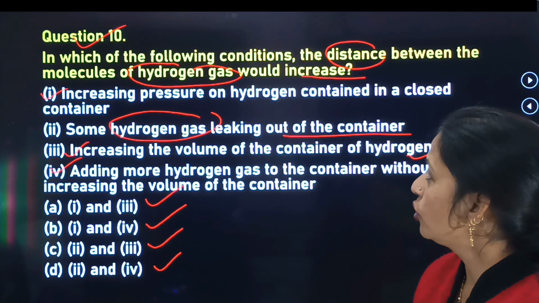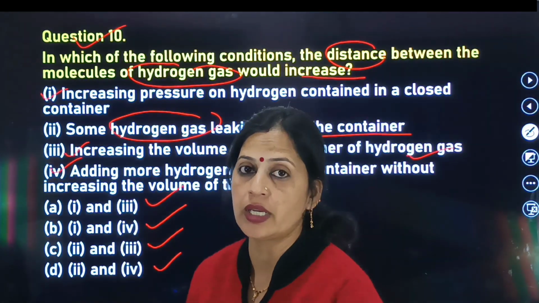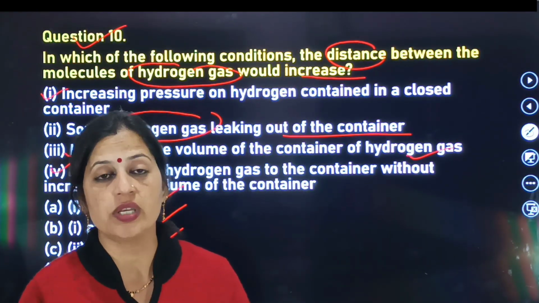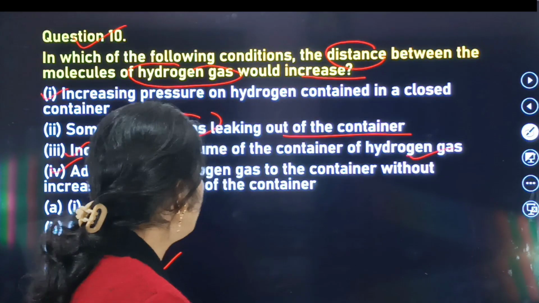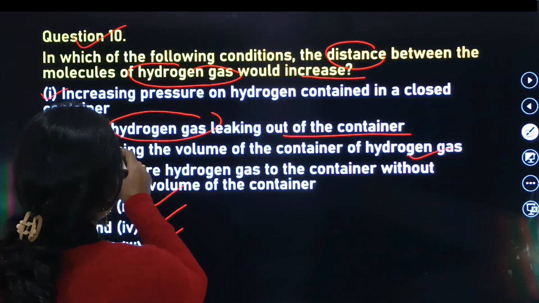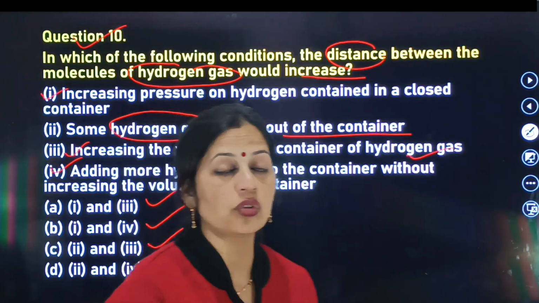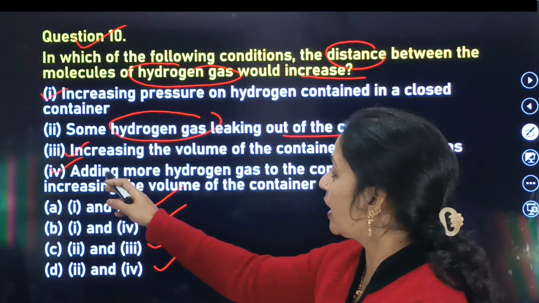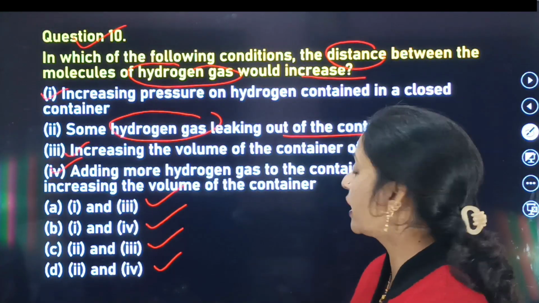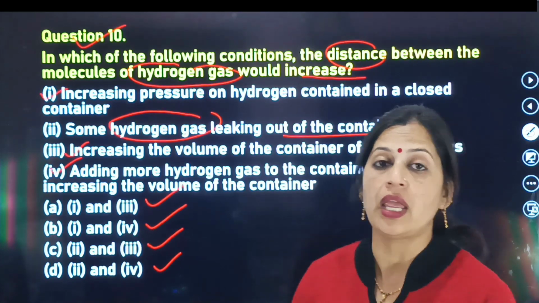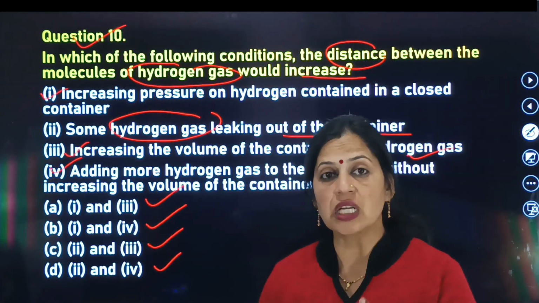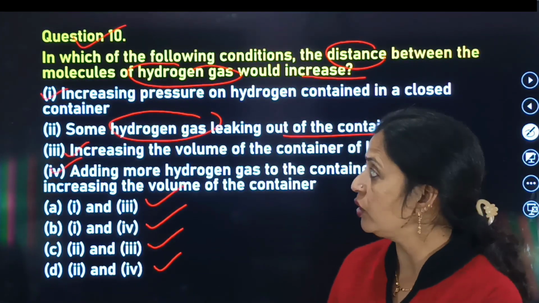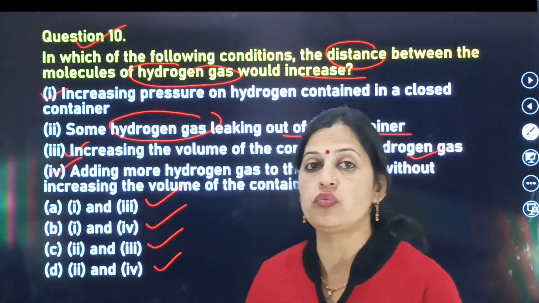ये क्वेश्चन नंबर 10 है आपका। तो बेटे, जिन कंडीशंस पर हम हाइड्रोजन गैस के मॉलिक्यूल्स के डिस्टेंस को इंक्रीज कर सकते हैं, वो कंडीशन हमारी है या तो हम सम हाइड्रोजन गैस टेकिंग आउट ऑफ द कंटेनर करेंगे, या तो हम कुछ हाइड्रोजन गैस को कंटेनर से टेक आउट कर लेंगे, या फिर इंक्रीजिंग द वॉल्यूम ऑफ द कंटेनर ऑफ द हाइड्रोजन गैस, या फिर जिस कंटेनर में हमारी हाइड्रोजन गैस है उसके वॉल्यूम को हम इंक्रीज करेंगे। तो इन दो कंडीशंस पर जो हमारा डिस्टेंस है बिटवीन द हाइड्रोजन